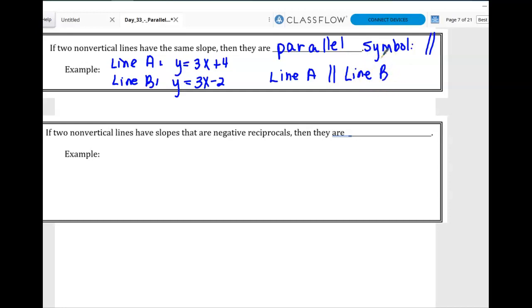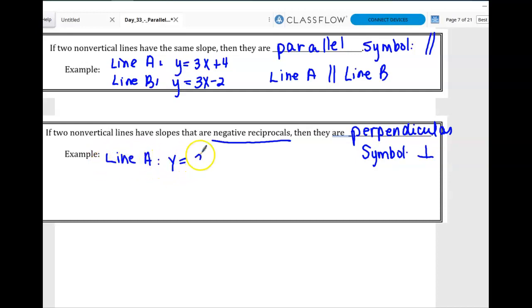Now, if two non-vertical lines have slopes that are negative or opposite reciprocals, then they are perpendicular. The symbol for perpendicular lines looks kind of like an upside down T. So an example would be if I had line A and it's y equals 2x minus 1, and then maybe I had line B and that would be y equals